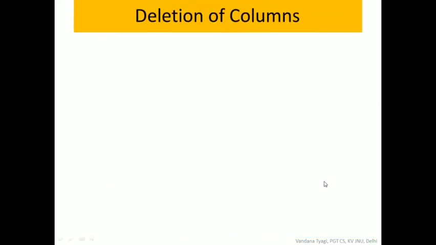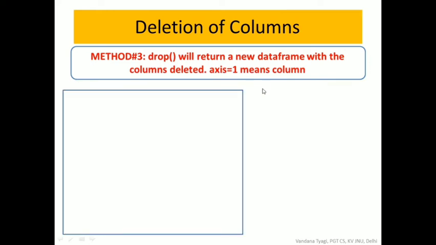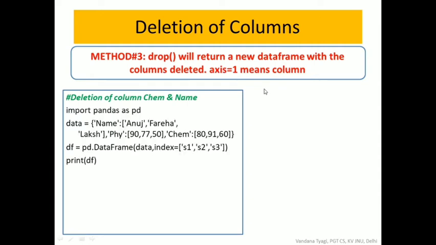Now deletion is also done with the help of drop function. And here to access my column values, we have to write axis equals to 1. We learned earlier also that axis 1 shows columns. So the first section, again, is the creation of data frame. Now coming to the method to delete. So how can we write this? We write df.drop, the data frame drop function, and the chemistry column we are deleting, and axis 1 means it is the column label. This chem is a column label and my data frame is being updated after deleting this